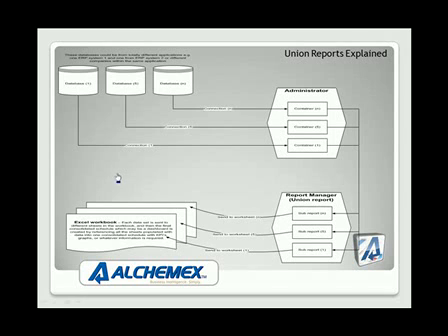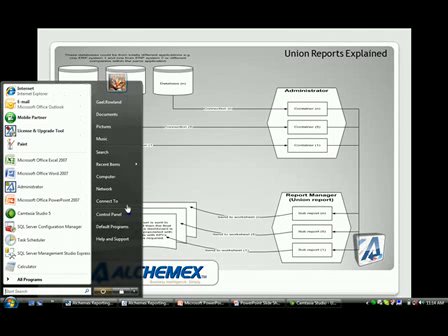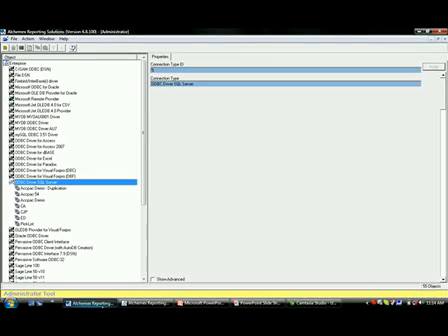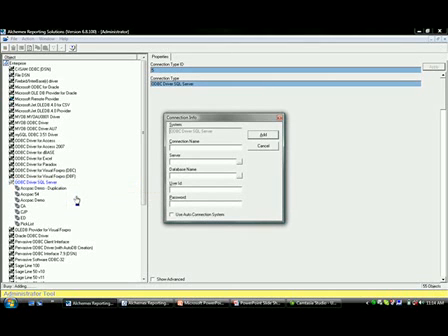Before we move on to union reports, I am going to launch my Alchemex administrator, and I'm going to demonstrate how to create a Picklist connection. I go and find my ODBC driver for SQL Server connection. I right click and I add a connection. I give the connection a name. I'm going to call this my ACPAC Picklist